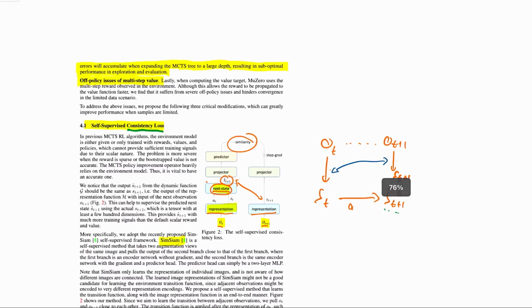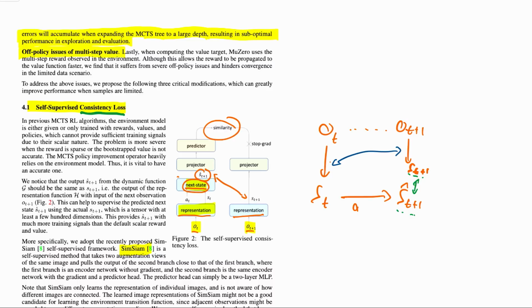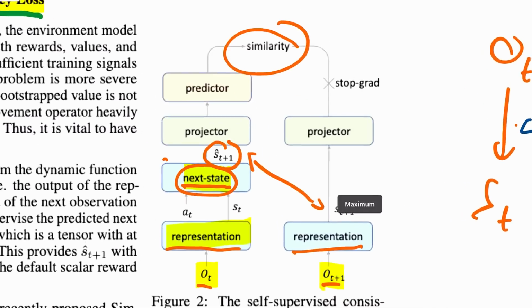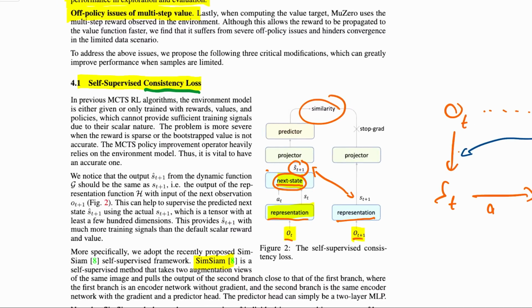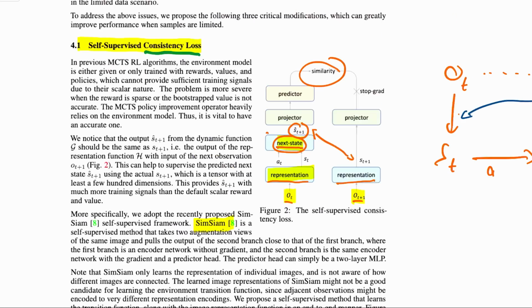Introducing a loss like this clearly trades off what the actual target is, namely optimizing the reward, right? We actually don't care if anything's consistent. We simply want a higher reward. So it trades that off for sample efficiency, because now the supervision signal here is much, much larger, because now we work with different hidden states, which are entire vectors. So that's going to be a much better signal. So that's the first improvement.